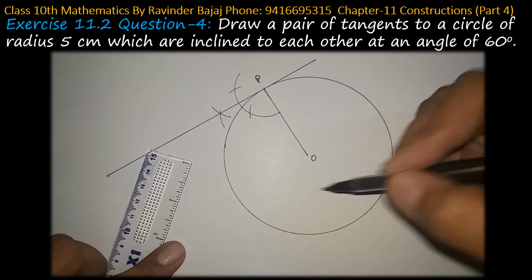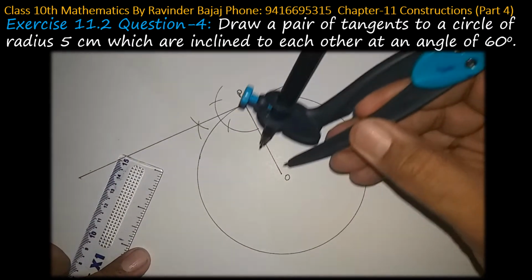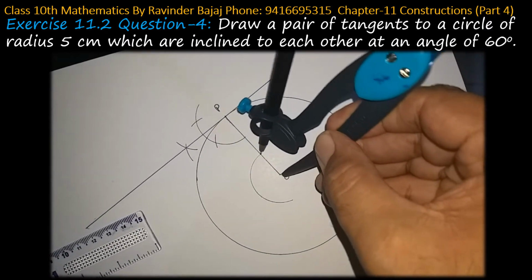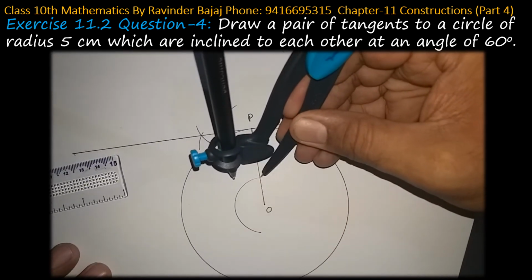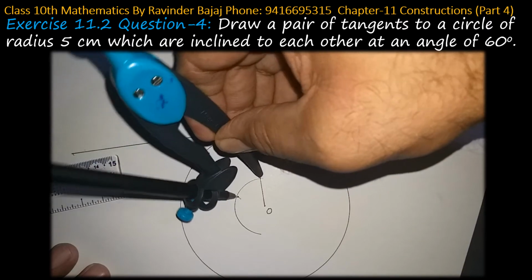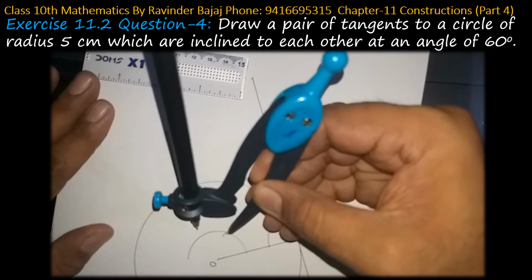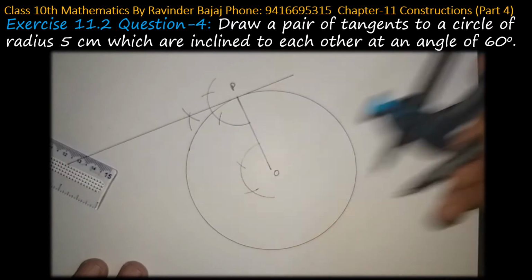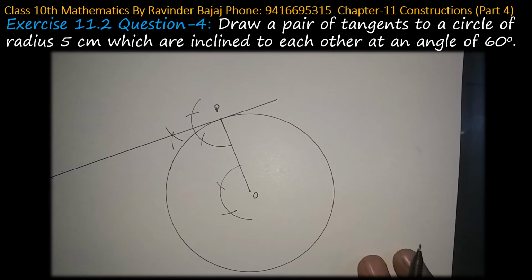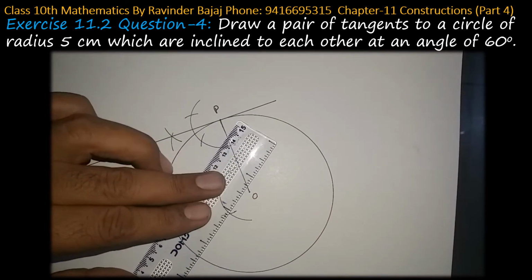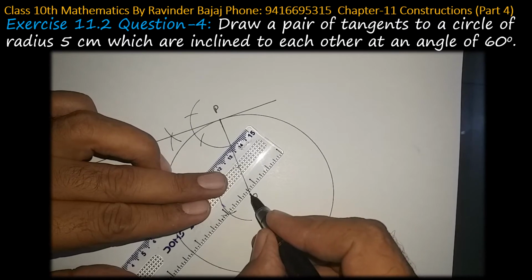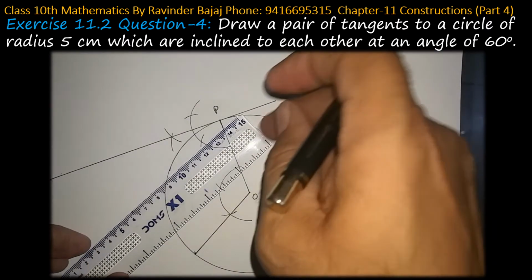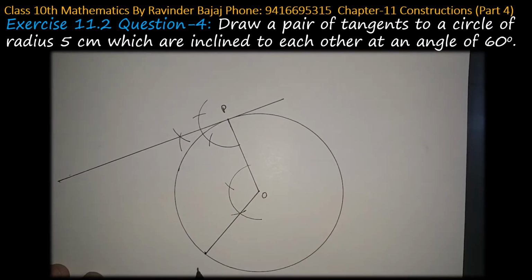So let's draw a 120 degree angle here. Keep your compass at O and draw a semicircle like this. Now this is 60 and then this one is 120. Okay, join O with this point, you will get a 120 degree angle. This is the 120 degree angle and you will get another point Q, which is again a point of contact for the tangent. So this is point Q.